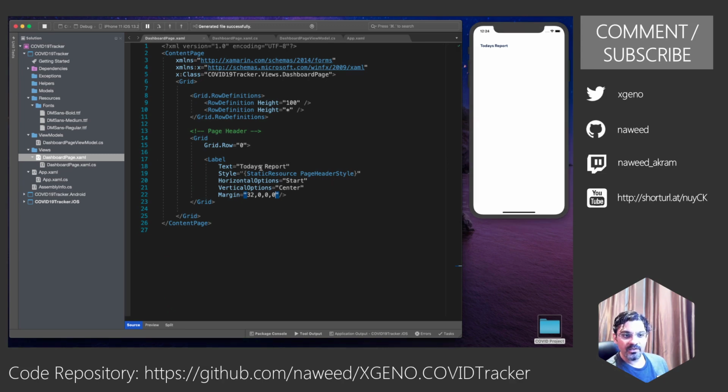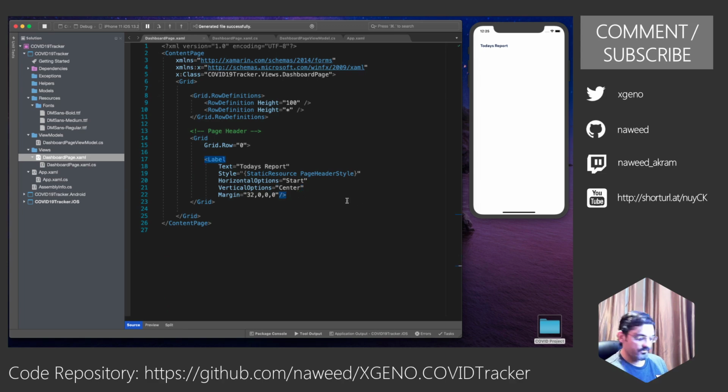Right now we are hard coding this title over here. I usually do not want to do that for our titles. When we work with the view models, I will show you. I will usually introduce a title property in my view model, which I can set and then it can be displayed dynamically. Consider, as an example, a movie application where you go to a movie specific page. You have just passed in the movie ID to the view model and you fetch the movie details and you want to now display the movie name. So I would rather do that with a view model property and bind it over here.